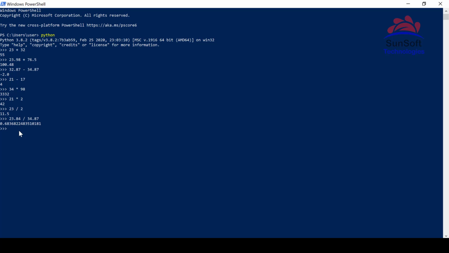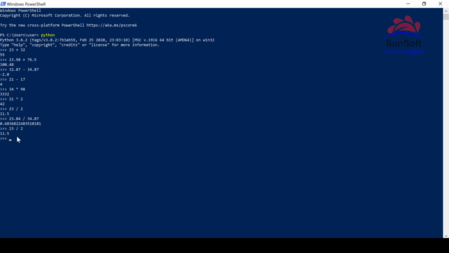So now what if we want the result to be an integer? What if we want whole number division? So for that, let's say if we have 23 by 2, then we clearly get the result 11.5.